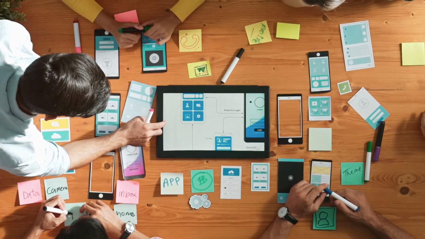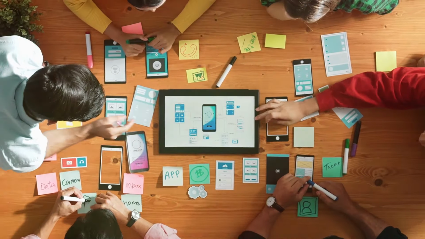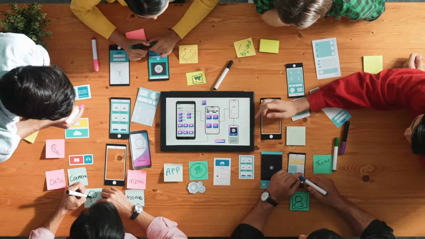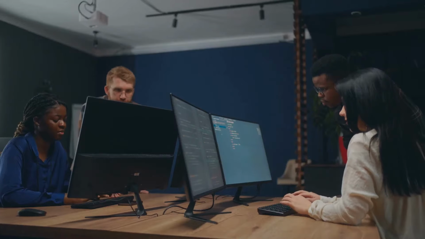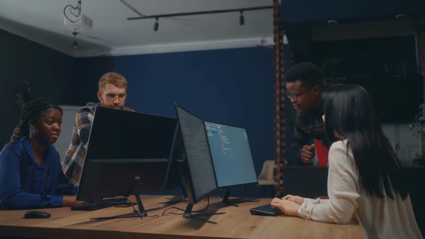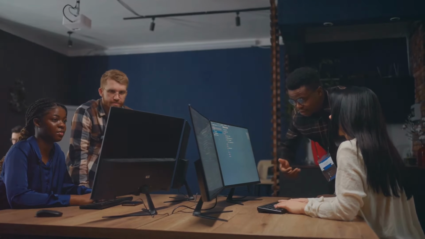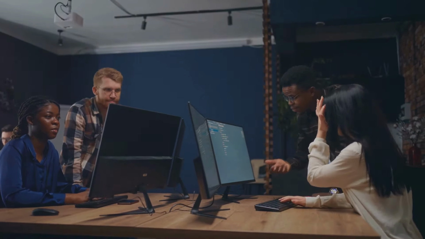Using the test pyramid helps you build a robust test suite. By following this approach, you can ensure that your testing strategy is comprehensive and effective. It ensures that your code is well tested at all levels. This multi-layered testing approach helps catch issues at different stages, reducing the risk of critical bugs making it to production.